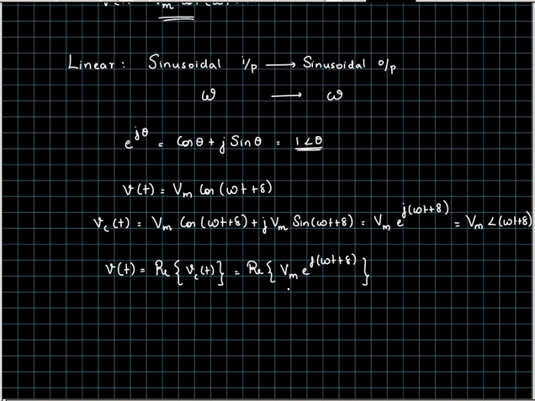Notice what I have done here: I have represented my original signal v(t) in terms of a complex exponential signal Vm e^(j(ωt + δ)), and this is helpful because an exponential signal is often much easier to handle than a sinusoidally varying quantity,